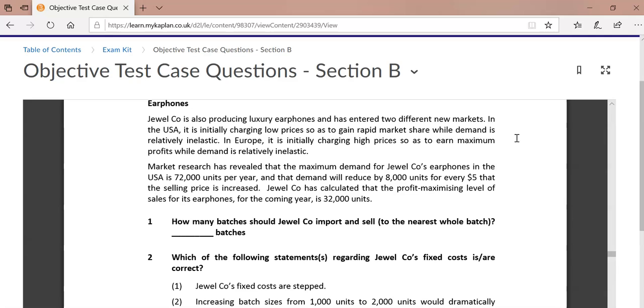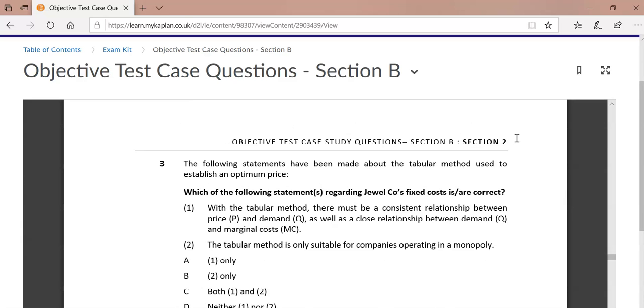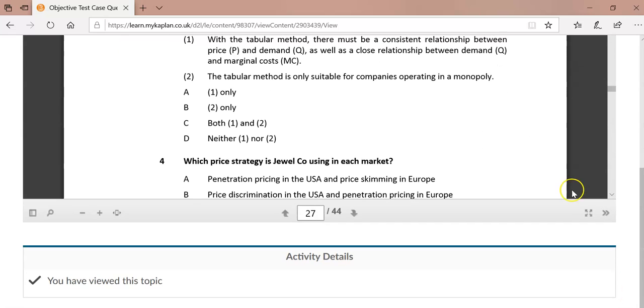You've read this, of course. So what they're doing is, in the US, it is charging low prices to gain rapid market share, which looks like market penetration to me. And in Europe, it is initially charging high prices to maximize profits while demand is relatively inelastic, and that looks like market skimming to me. And that's what this question is sort of asking. So let's look at that very quickly and answer that. So what are they saying? So they're saying here that you need